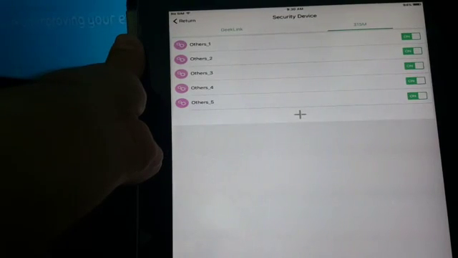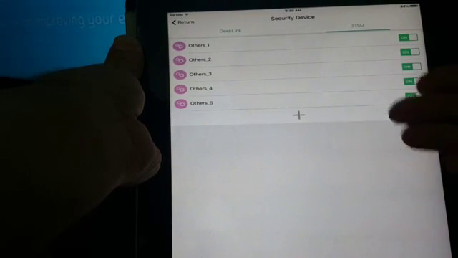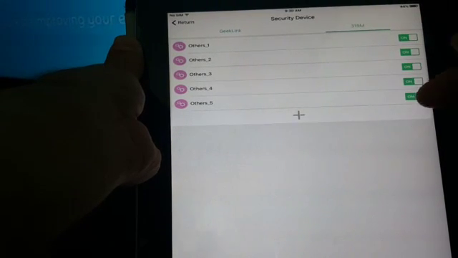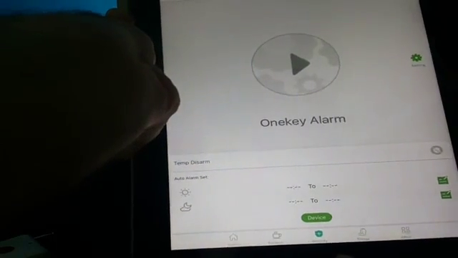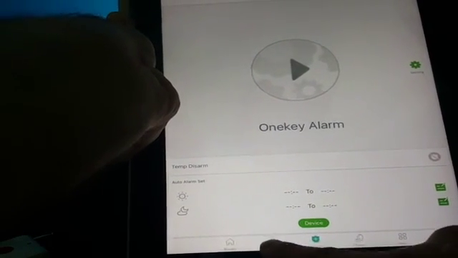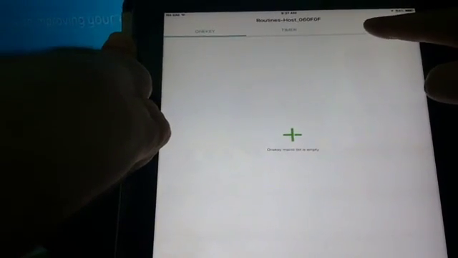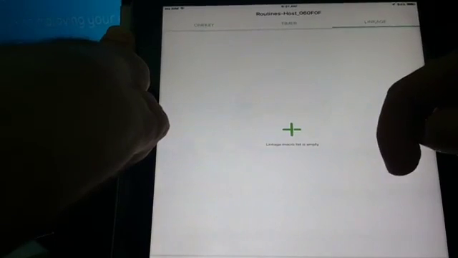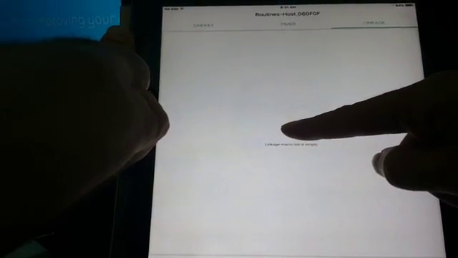Now I'm going to demonstrate how we use those signals to trigger the volume up, volume down. So basically we bind them. I'm going to go back to see the menu down here, and then I'm going to go to routines. And in routines you're going to find the linkage, and in the linkage I can add what I want to link,